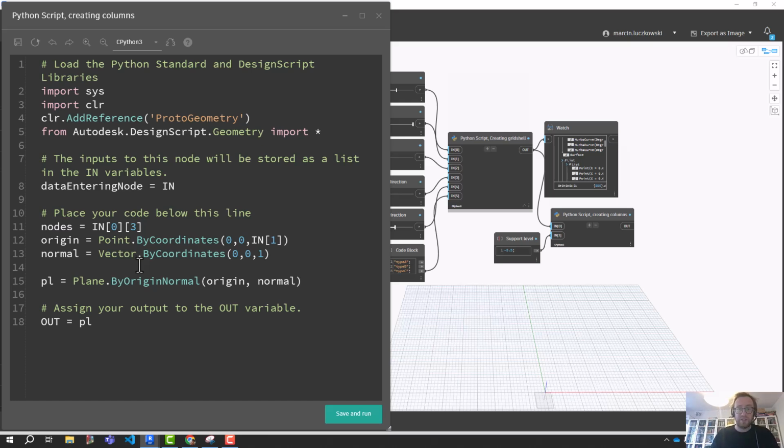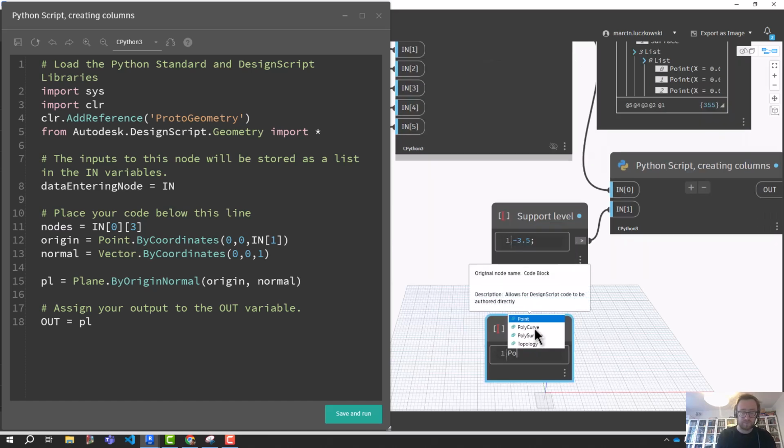Okay, how to project the point? Let's see. Point, project, and then we have something. I will use the code block for a second. Project. He's waiting for the base geometry and the direction. So what he really needs is that projected point, or let's make it like this, projected PR nodes,